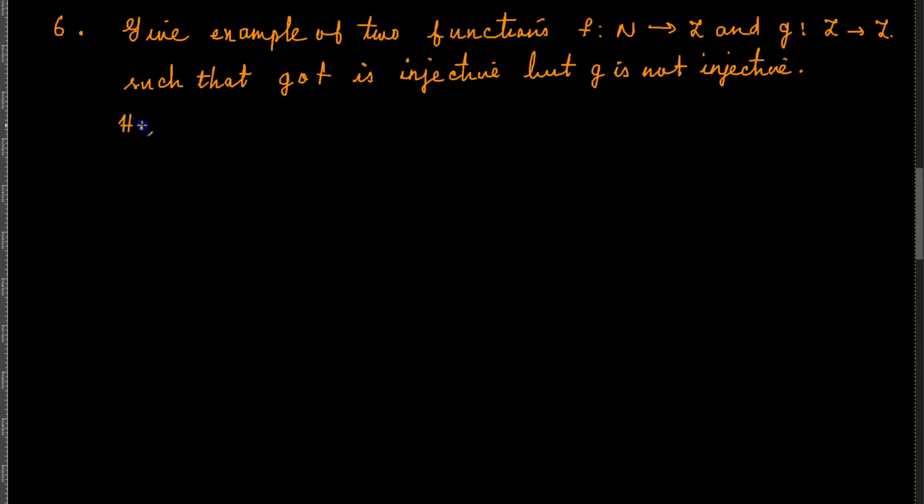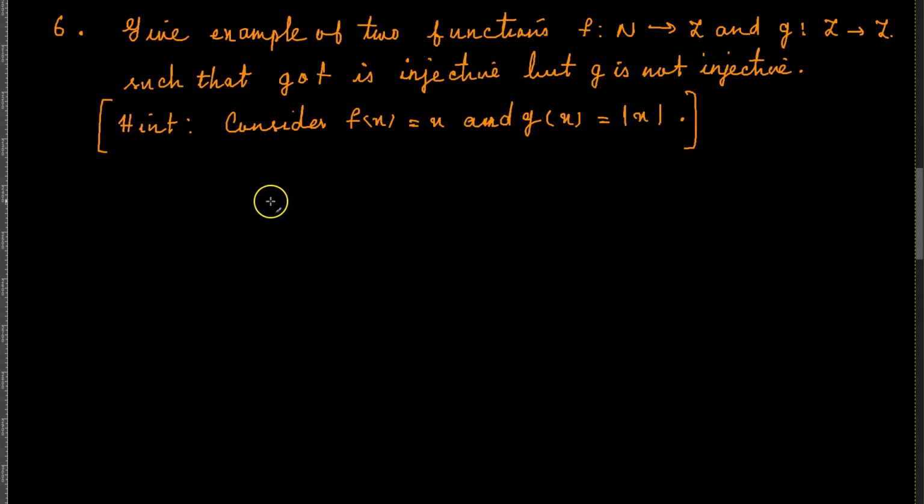And as a hint, we have: consider f of x is equal to x, and g of x is equal to the absolute value of x. That is the hint that you have. So what you need, but this question doesn't make much sense, because they have already given you the answer, meaning that,